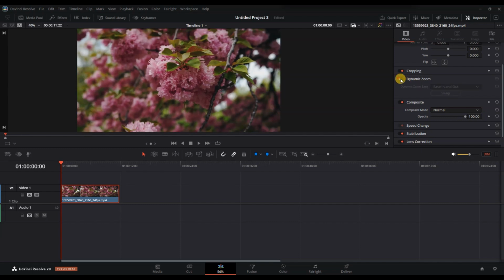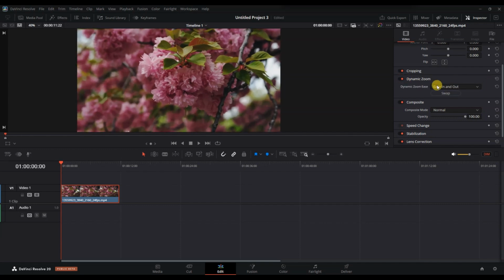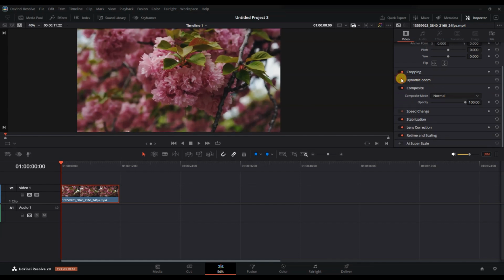Choose from options like linear, ease in, ease out, or ease in and out to control how smooth or sharp the zoom transition feels. If you want to reverse the zoom direction, simply click the reverse button next to the dynamic zoom toggle. To see how your zoom looks, play the clip in the timeline and make any needed adjustment